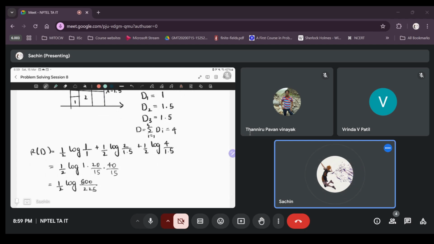You do the computation yourself, or maybe I'll do it. 800 over 225 is 3.55,